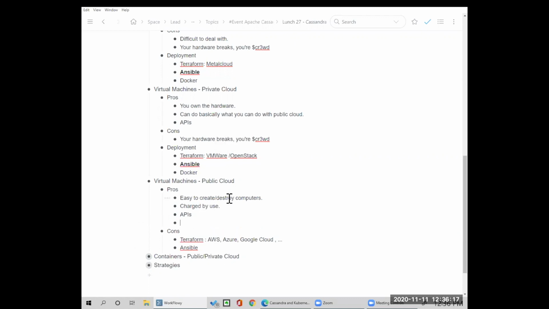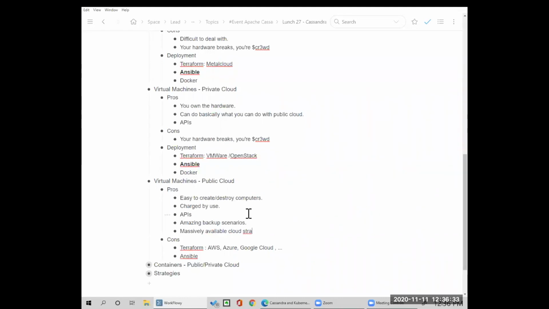You also get amazing backup scenarios. But the biggest one is massively available cloud storage, which is helpful here. Massive block storage drives, which basically are very fast drives that you can attach from one computer to the other.